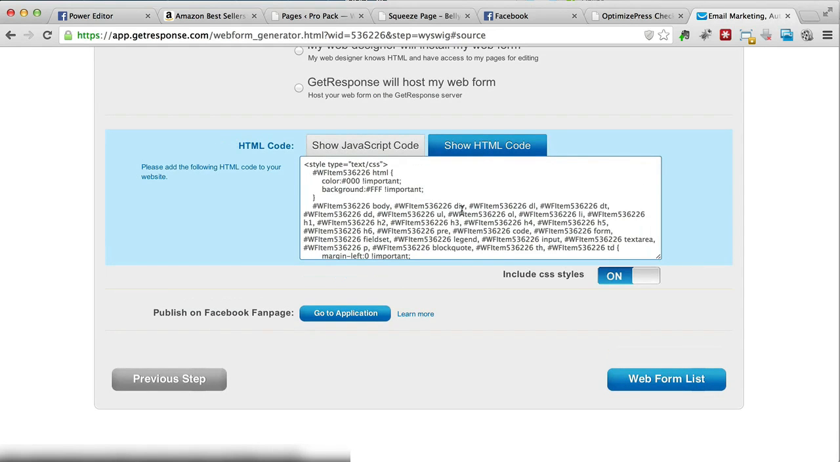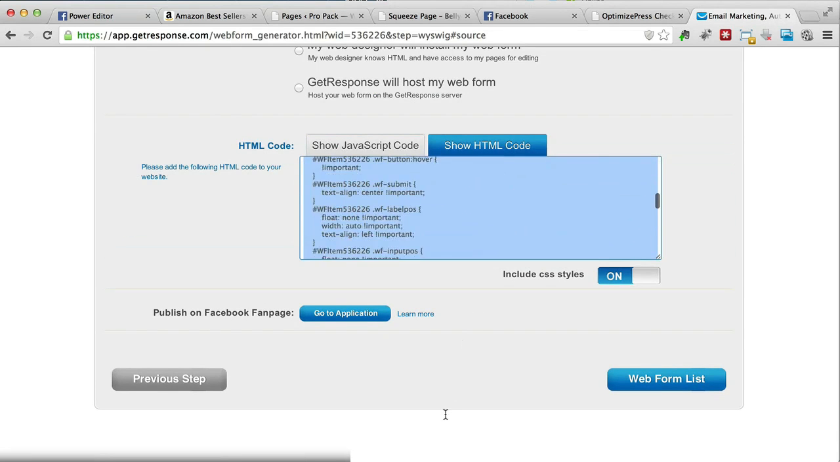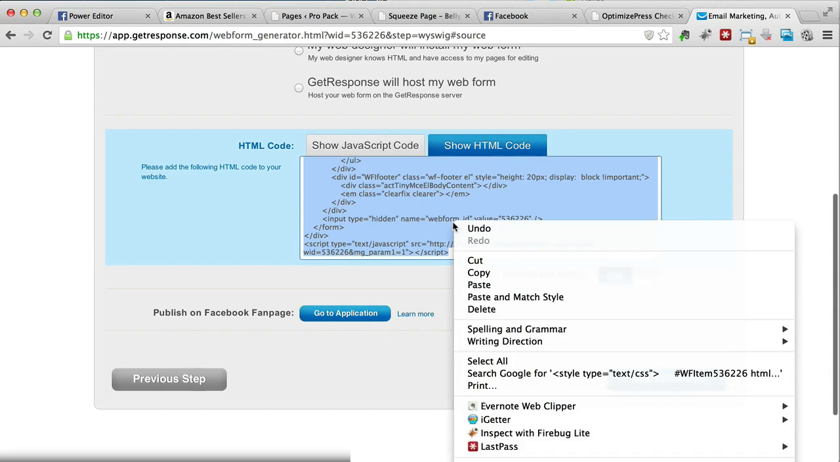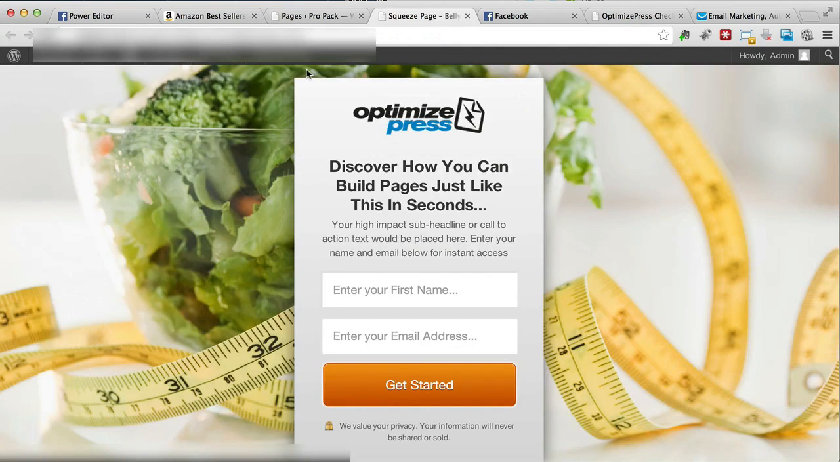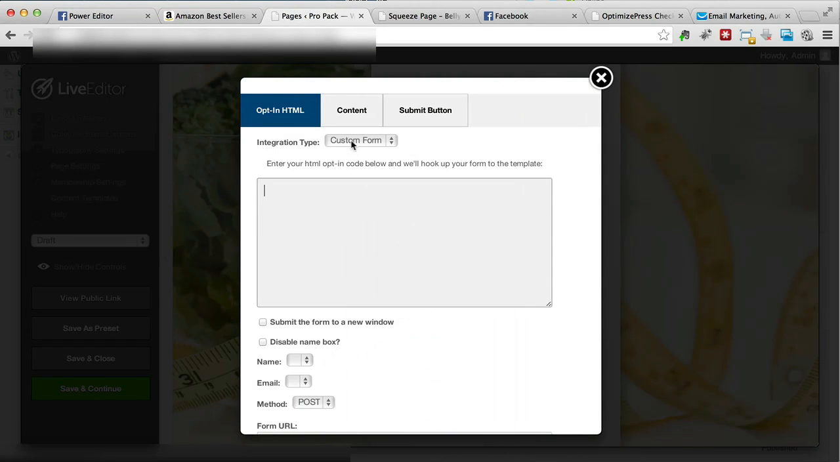I'm also going to click Show HTML Code. This is actually very important. Make sure you show the HTML code, and you need to grab all these codes. You can actually just press Control+A, or Command+A if you're on a Mac. Then you need to copy it, come back to OptimizePress over here, and integration type,